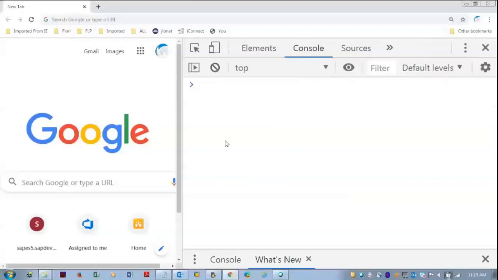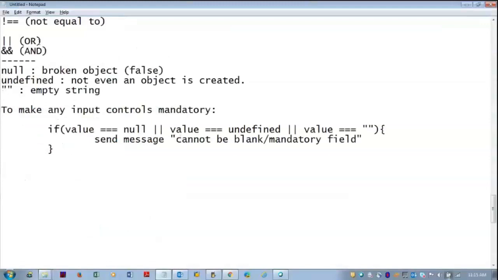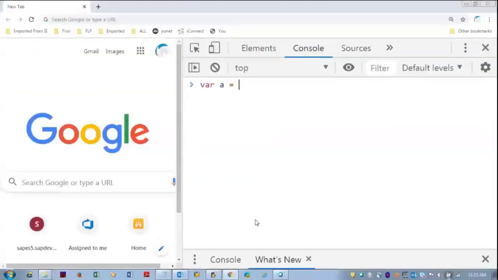So till now we are storing only single values in the variable. We can store multiple values also. That comes under the concept of array, storing multiple values. And the beautiful thing in JavaScript is we can store multiple values of different data types using the square brackets. You can store a number, you can store a string, you can store a boolean value, you can store a float value. So anything you can store in the array. That is a beautiful thing with the array.